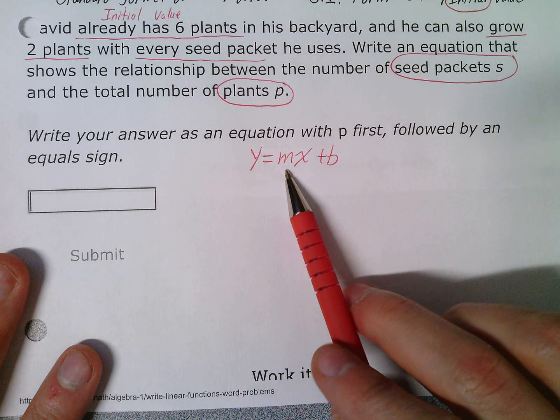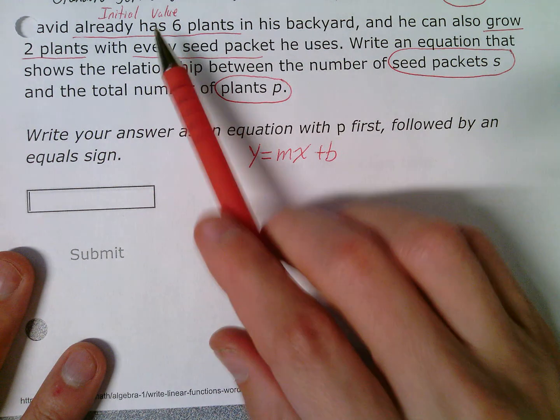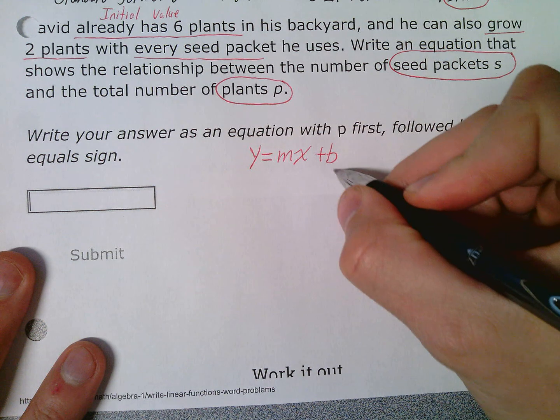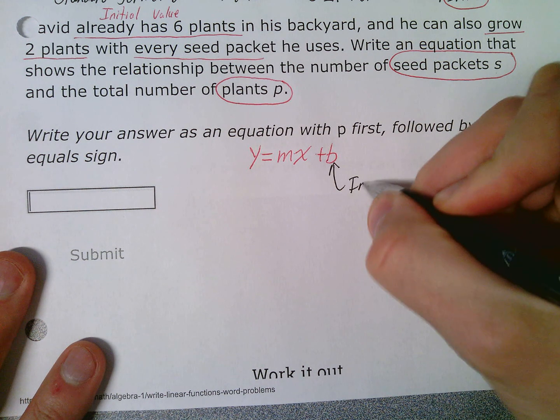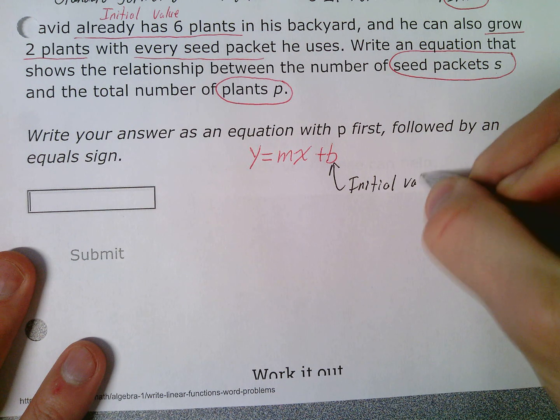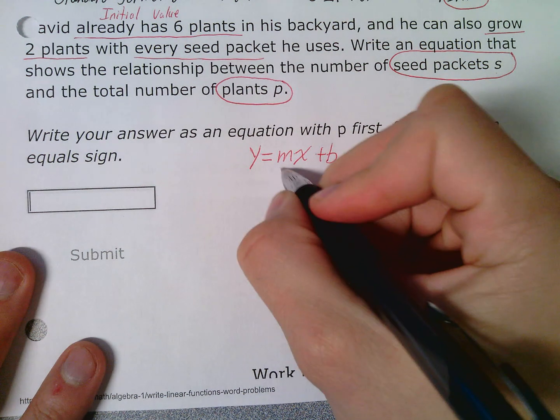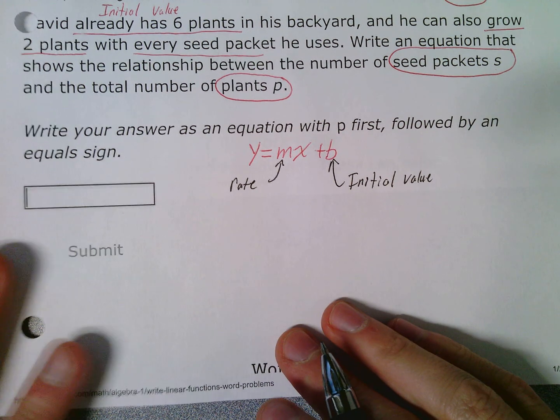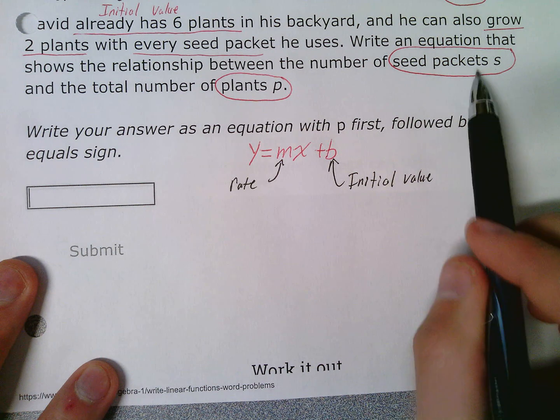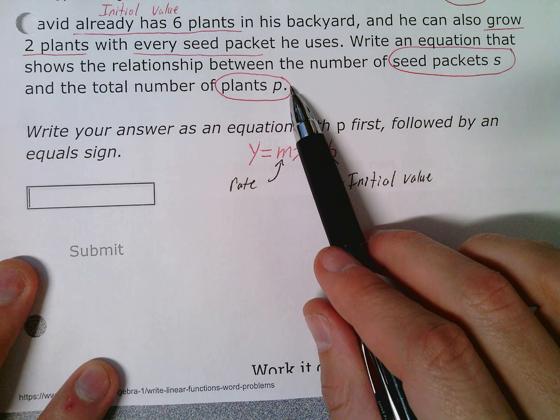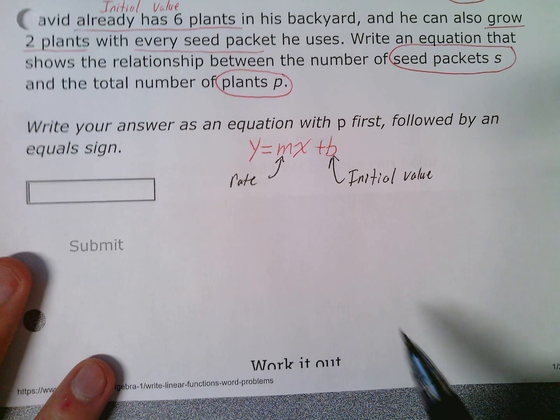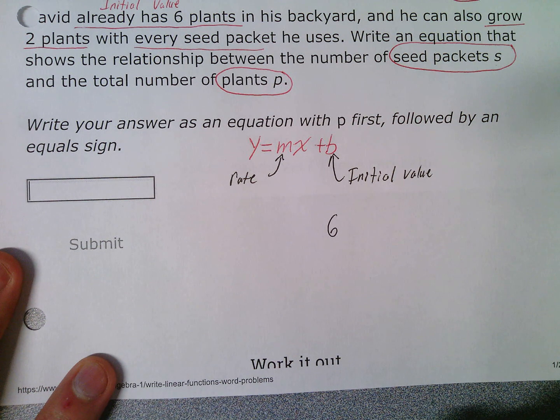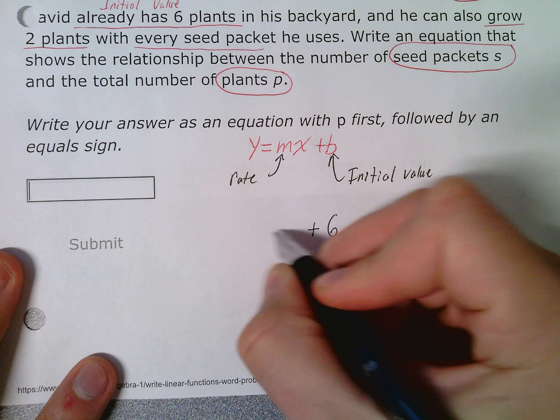And what we need is our rate and our initial value. Well, we've already decided that our initial value here was 6. So this b is our initial value. And this m represents our rate, represents our slope. But now they want us to use S and P for this. And let's think about it. Okay, if I've got 6 initial plants and I want to grow 2 more